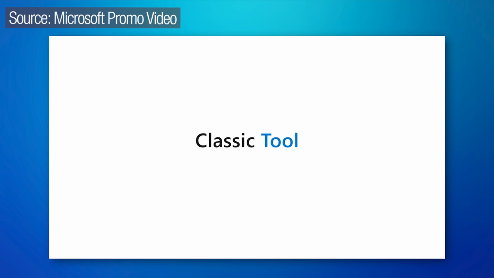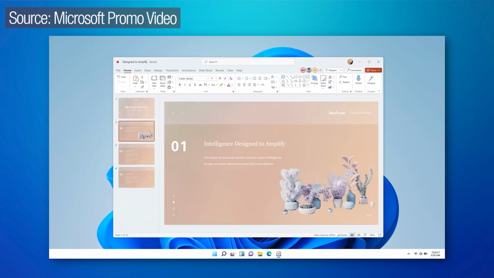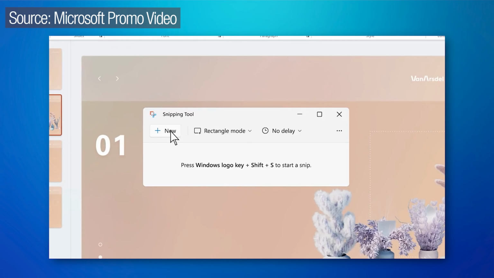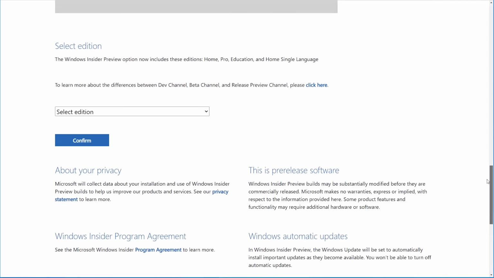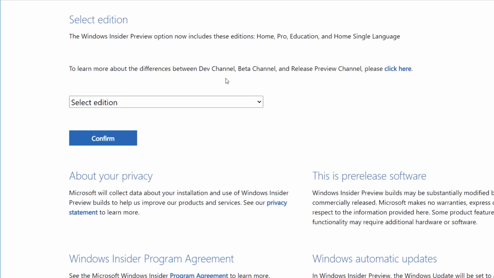There are some new visual changes on some programs, as well as some outright new features, and we can go over all of those. Now, one big thing that Microsoft just released most recently, it's not really a feature, but I think it still counts, is they now have the ISO files you can download for Windows 11 to install, as in like a clean install. Before, this was not possible.